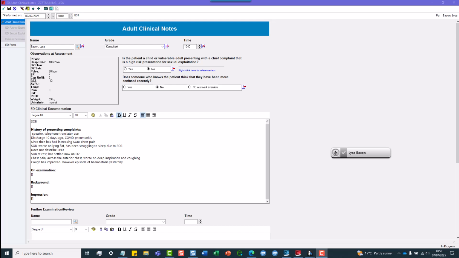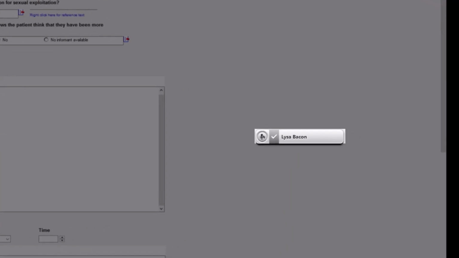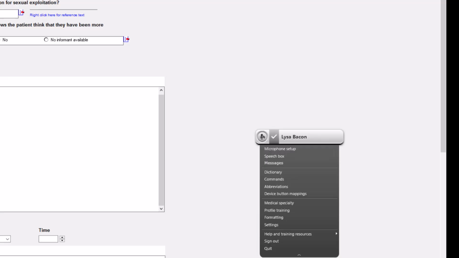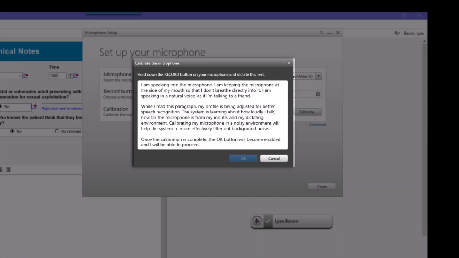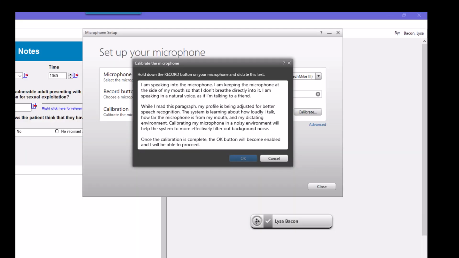Top tip: for best results with voice-to-text recognition, calibrate every 2 weeks and anytime you change your microphone or surroundings. Calibration requires a minimum of 20 seconds of audio to adjust the gain properly. Gain is different from the volume slider and impacts directly on recognition quality. How to calibrate? Click on the pill to see the menu, select Microphone Setup, and in the new window that opens, click on Calibrate. Then follow the instructions.